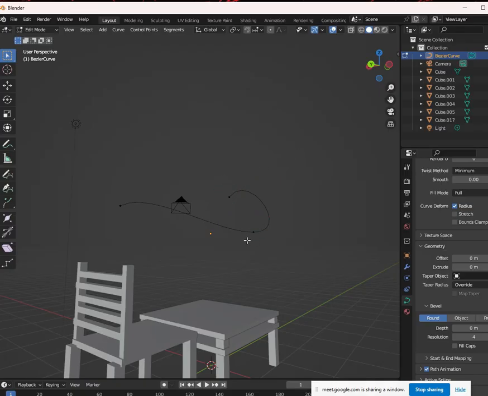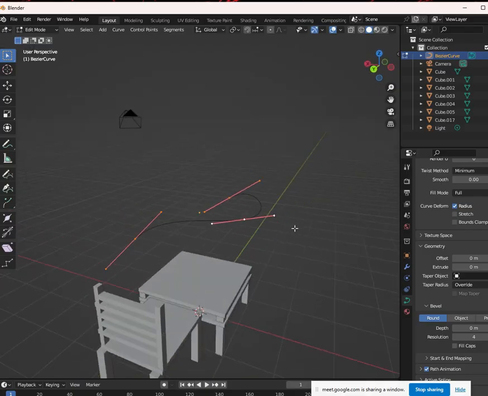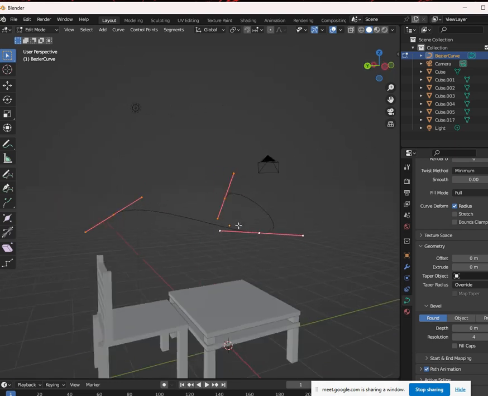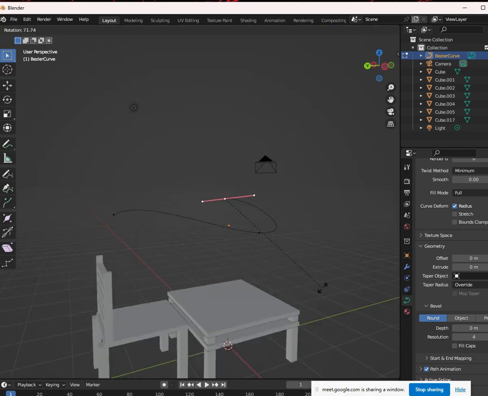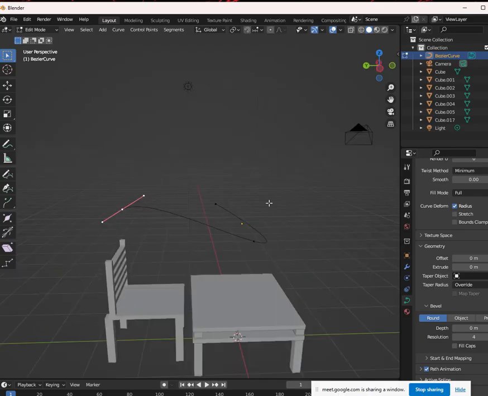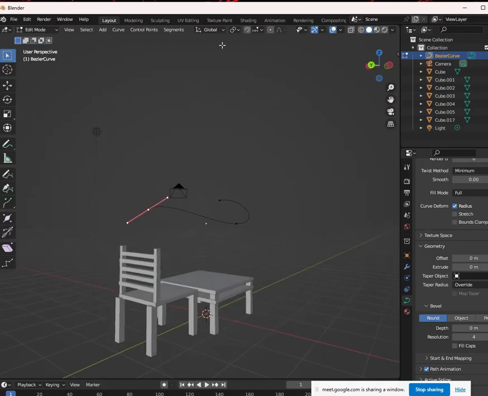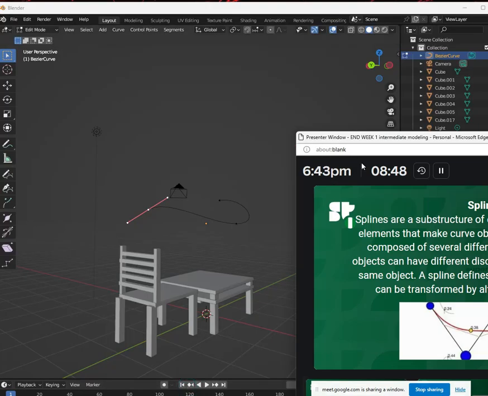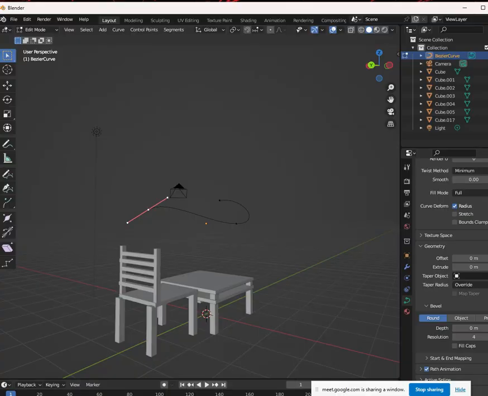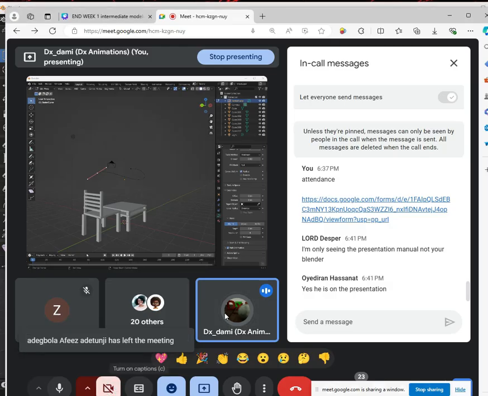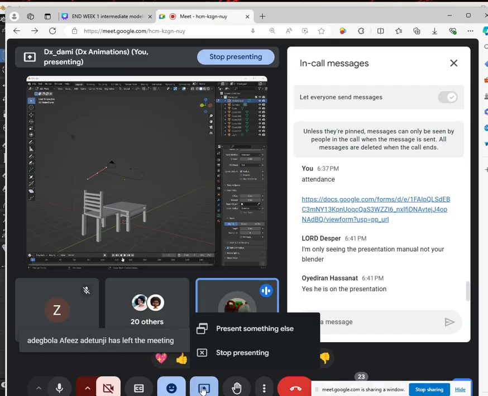This is the end point, these are the middle points. I think there's only one middle point sef. Let me press A. You can see there are just 3. If I press A to select all the 3 points, this is point 1, point 2, and point 3. As simple as that. Can you see? Very simple. Very straightforward. So you can actually use this to model. You should start thinking of,